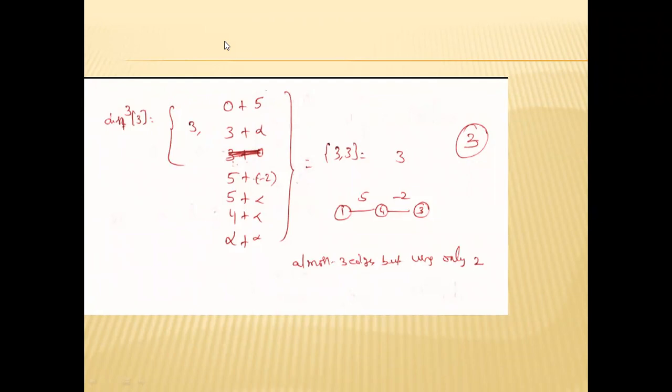So there is no shortest path existing from 1 to 3 by using 3 edges. Distance power 3 means we are finding the shortest path from 1 to 3 by using 3 edges, but there is no path available by using 3 edges. We just consider at most 2 edges, that is 1 to 4, 4 to 3.